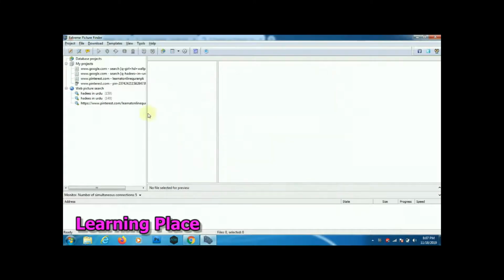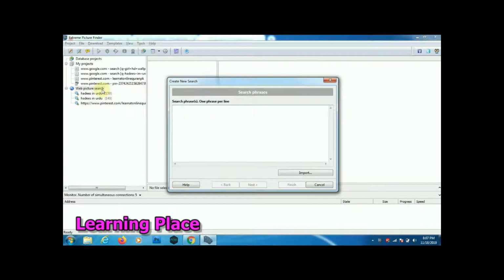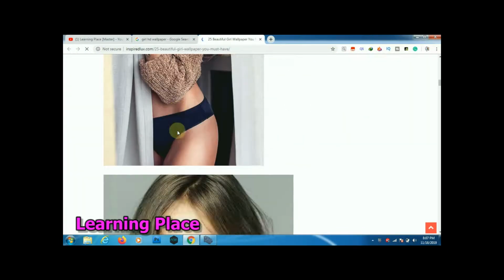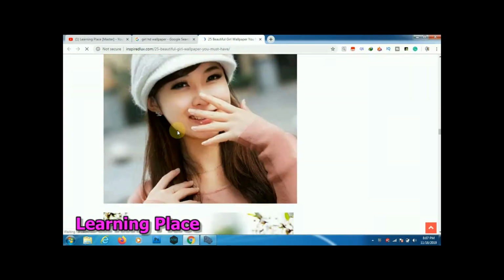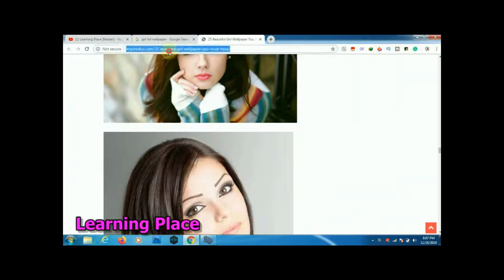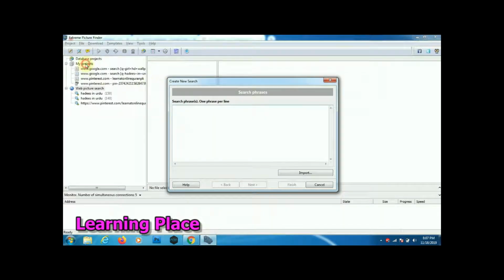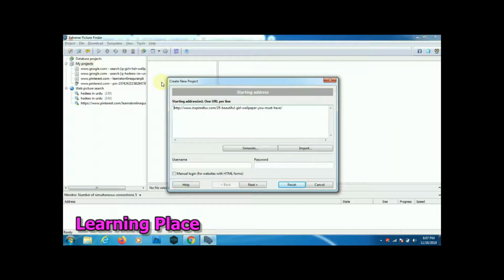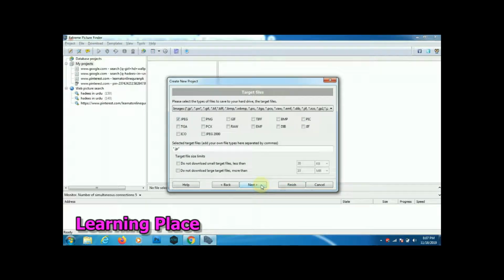I search for web images, and I click but do not download this image. Only copy this URL and make a new project. I check the new project and paste, and then click next and next.